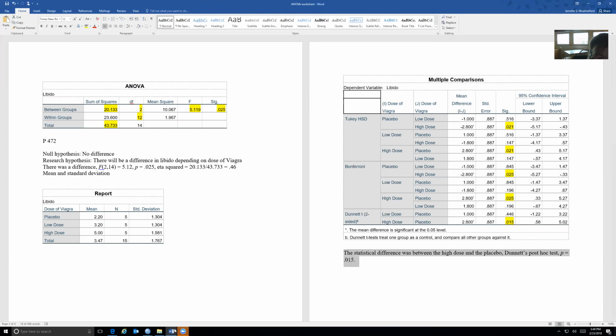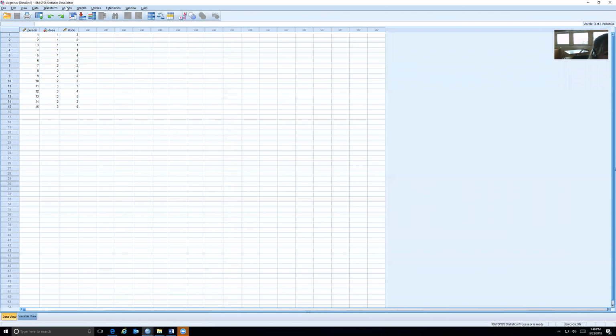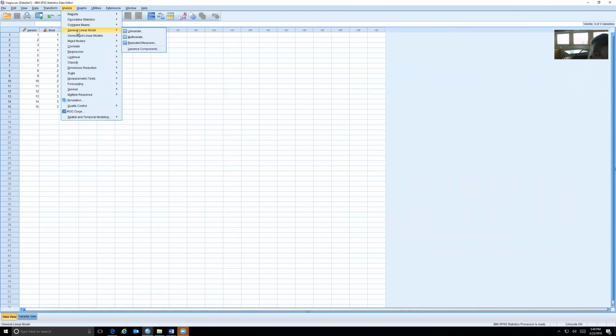Well, watch what happens if I go into this second option for ANOVA, which is General Linear Model. And this is where we'll want to be to do ANCOVA. This is where we'll want to be to do factorial ANOVA. So this is a powerful place to go. In this course, we're